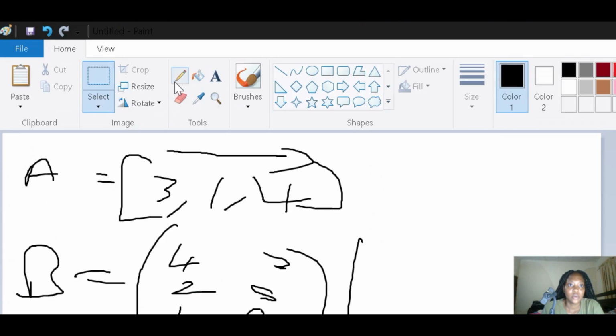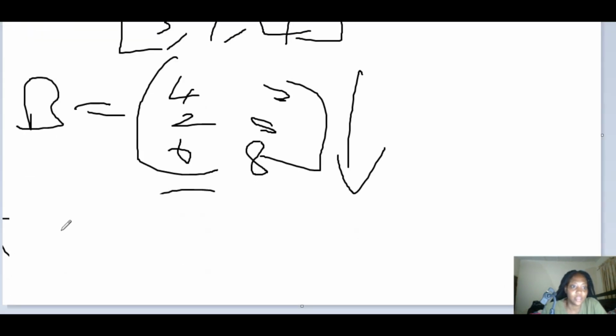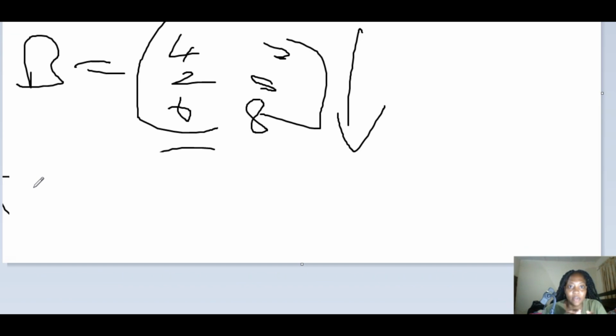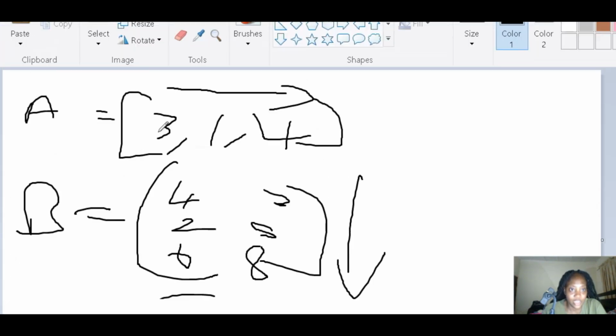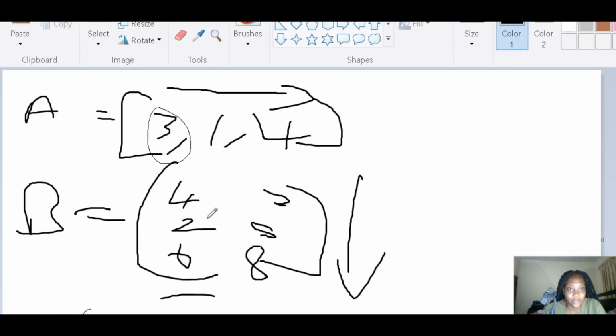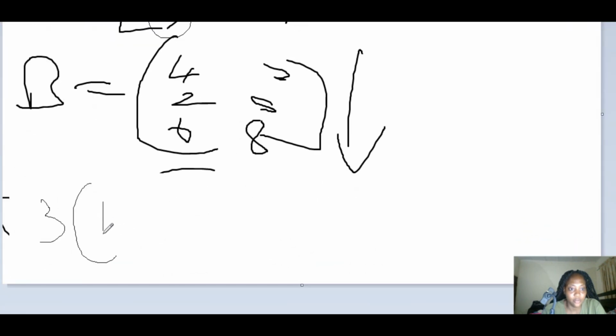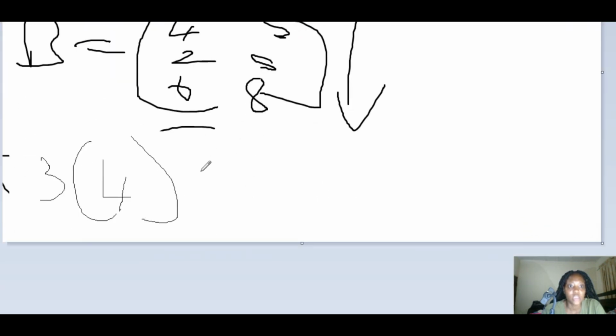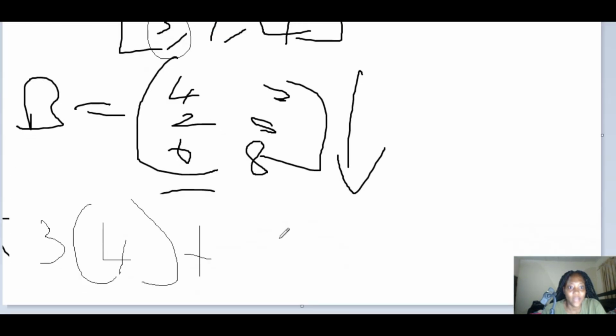Okay. So the first thing we're going to do, like I said, remember we're trying to get a matrix that has 2 columns and 1 row, technically just a vector matrix with 2 columns. First, we take this very first value here, which is 3. We multiply 3 by 4, plus we're taking 1 multiplying by 5, and we're taking 4,